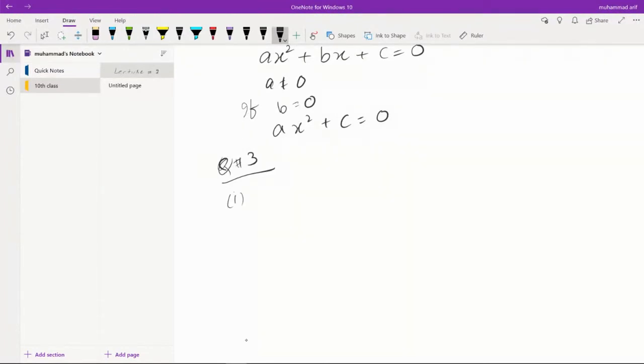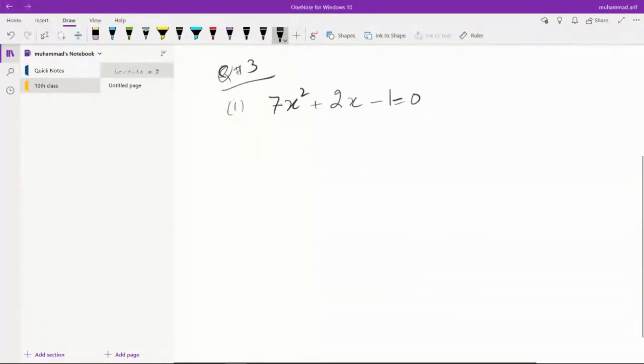First part is 7x square plus 2x minus 1 equals to 0. To solve this question by the completing square method, we have 4 steps. Step number 1,